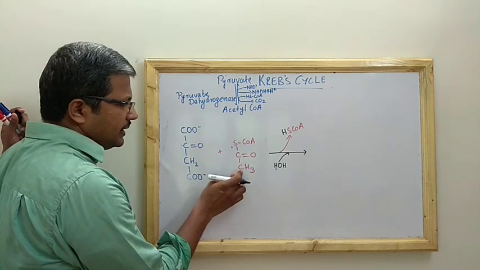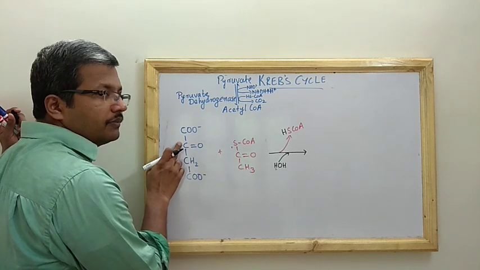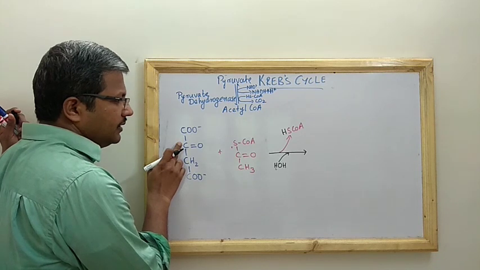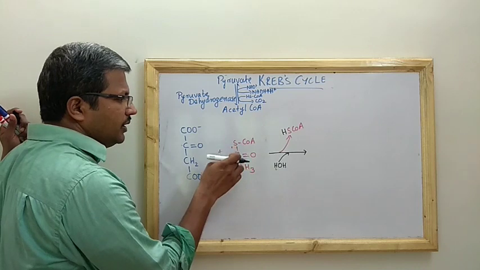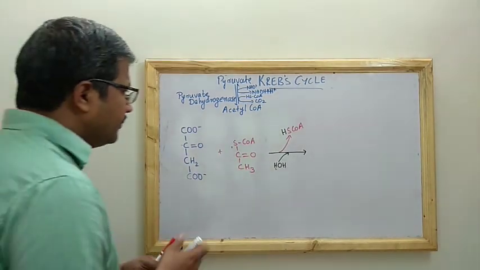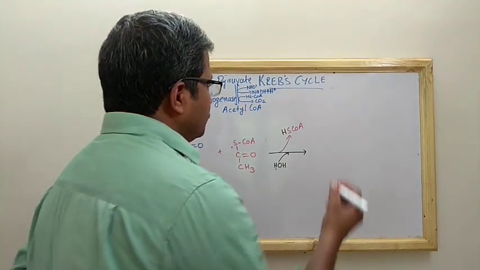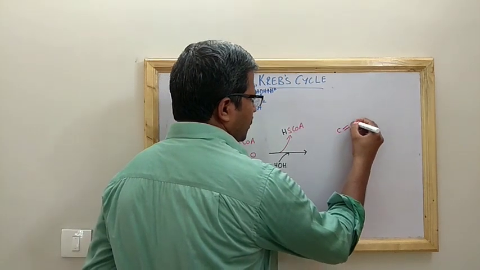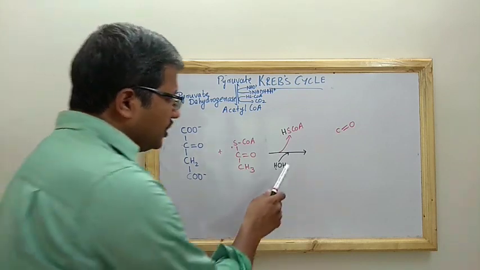This will be getting attached to this particular portion, and as a result you can find this CH2CO. In that way it will be going. So let us see that particular thing. C double bond O, and you will find the water molecule